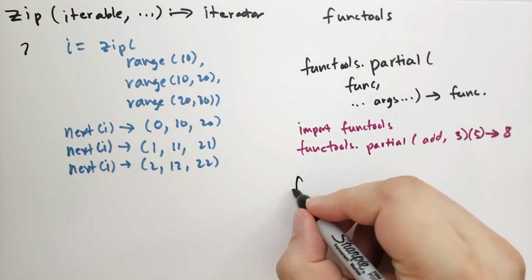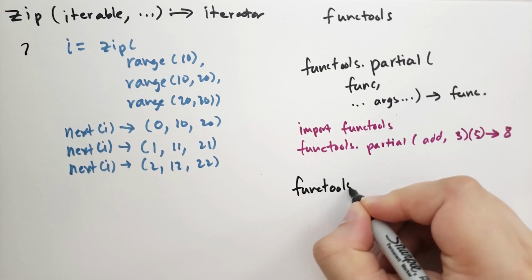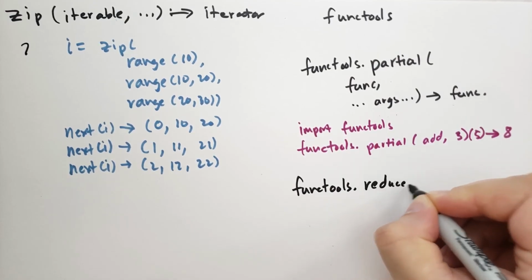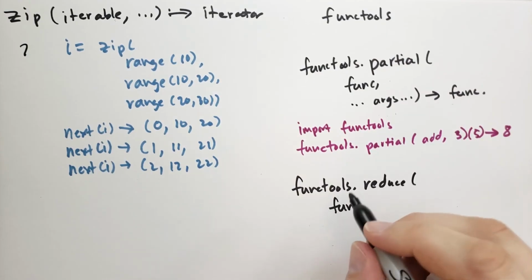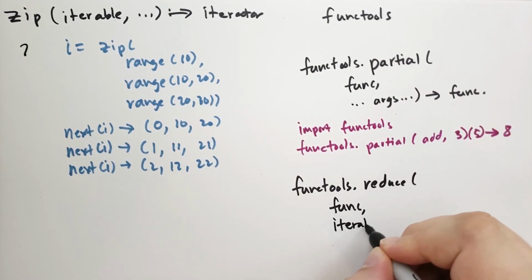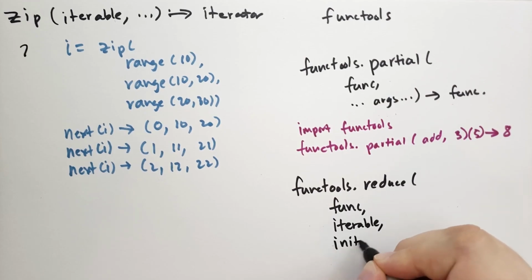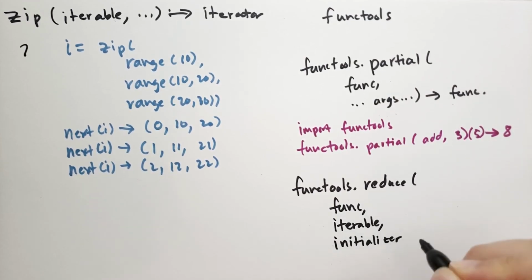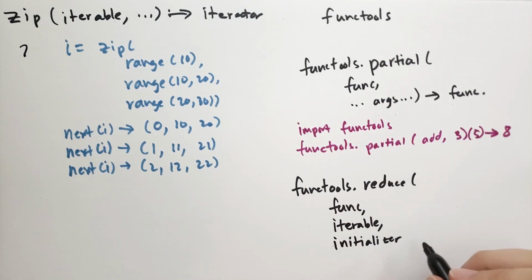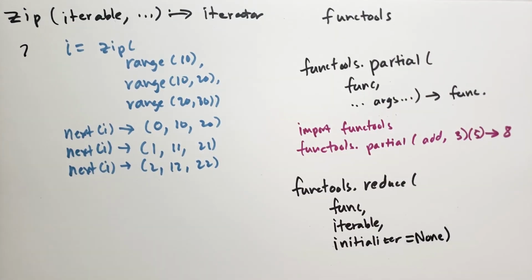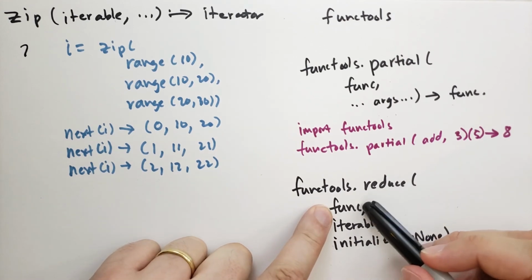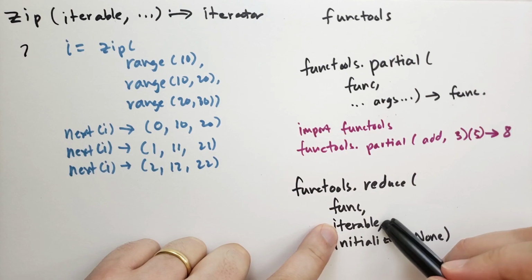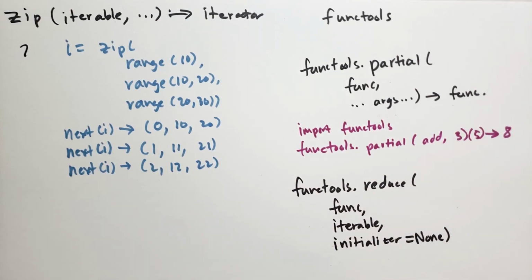Another one that's super useful that we've already covered because we've actually written a version for ourselves is functools.reduce. And what this does is it takes a function, it takes an iterable, and then it takes an initializer, which I believe defaults to none. And just like the reduce function that we wrote, it'll go through the iterable, apply the function to the running result and the next value of the iterable, and remember that, and then at the end it'll give it back to you. And so an example of this could be